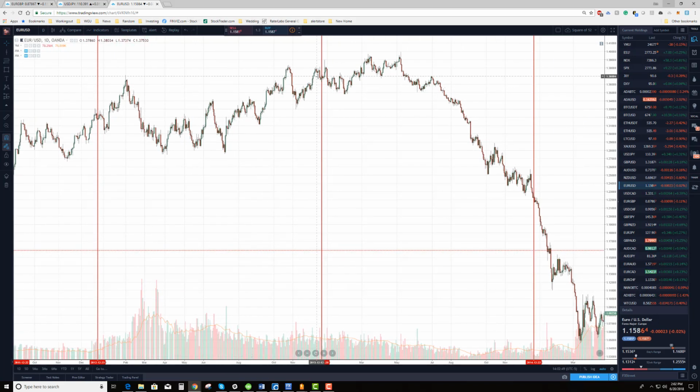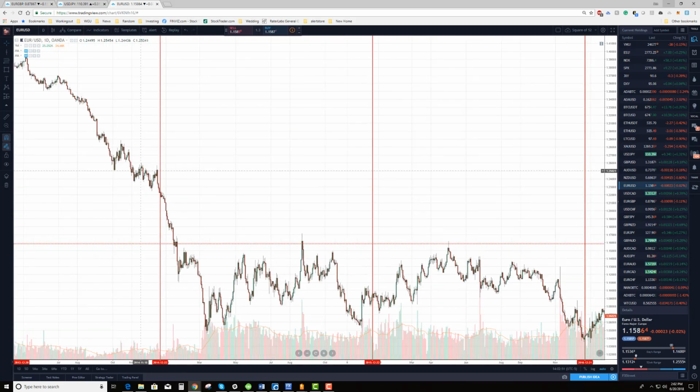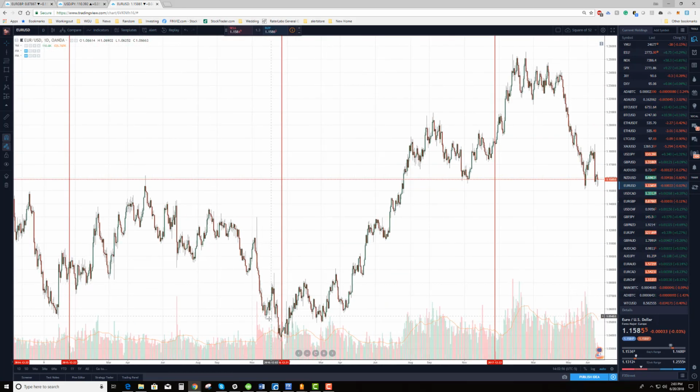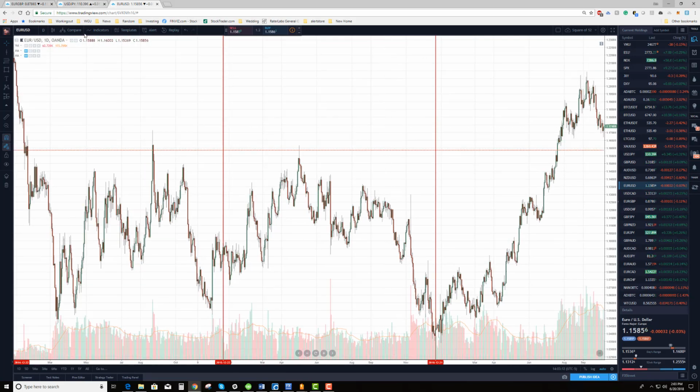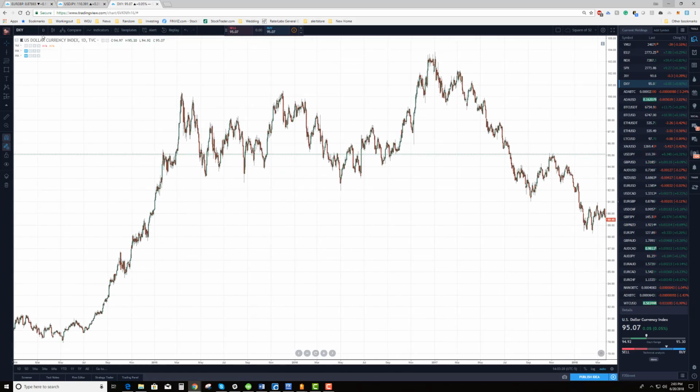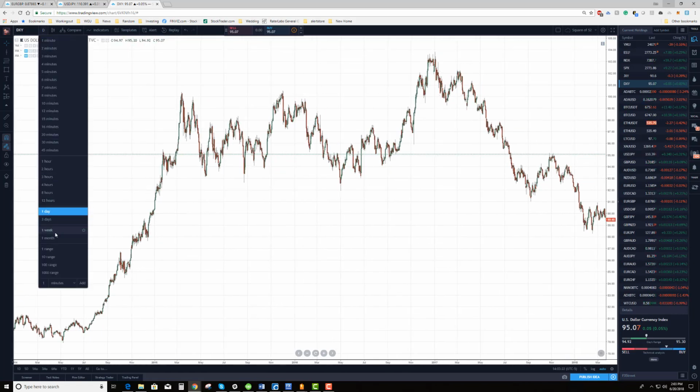December to December pretty flat, but then we traded down, traded pretty flattish, but we were at a low, traded up, and so forth. So there's a lot of cycles associated with price and times and dates. And the other one that you want to pay attention to is you can go to your, let's go to the DXY, and we could go to like a weekly chart,